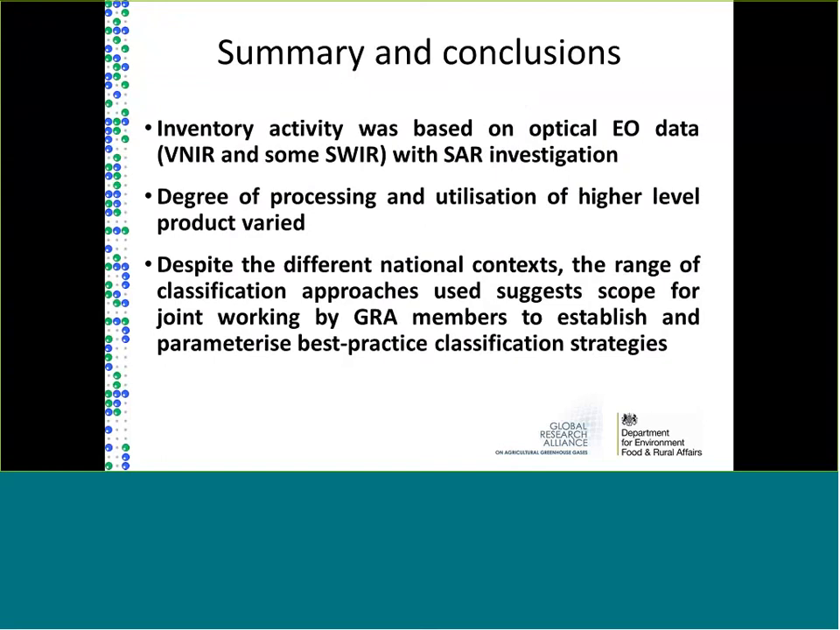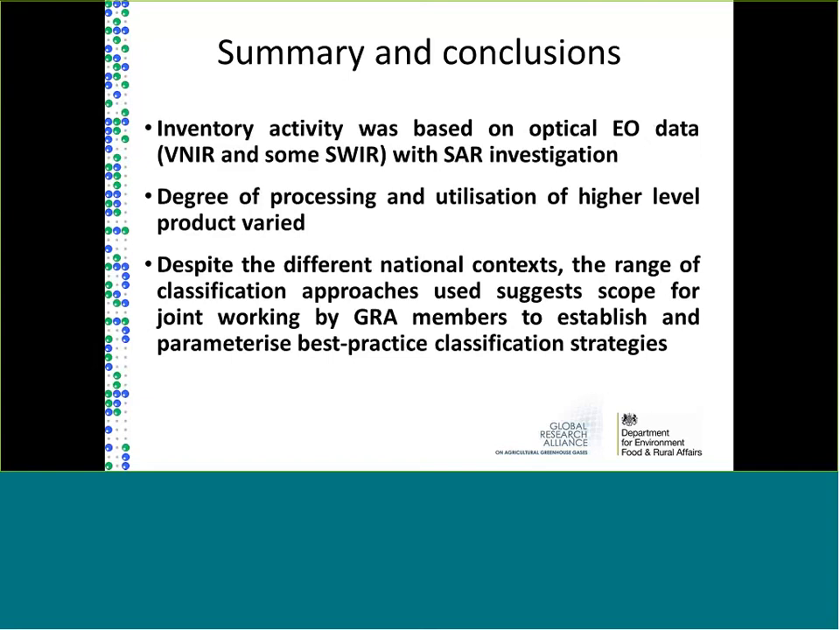The degree of the processing and the utilization of high-level products varied, though all 3 countries did have their own processing techniques involved to match their national and specific inventory requirements. So there were significant differences in the national contexts, but in spite of that, there was the sheer range of the classification approaches used